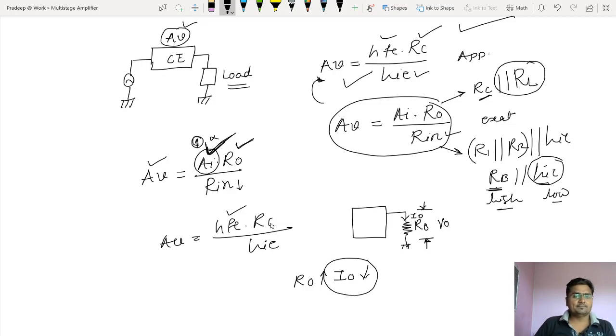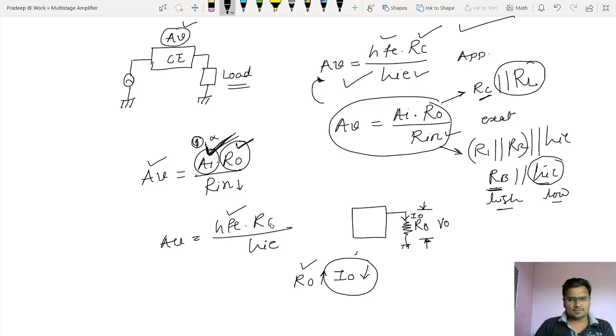If I am putting limits on output current, then obviously it is not possible to handle the load again. So putting limits on this output current, that is increment in output resistance, that option is also not good. It's not feasible at all. So see, increment in current gain, no, it's not possible. Then output impedance RO, increment in RO will put limit on IO. So obviously that is also not a good option.